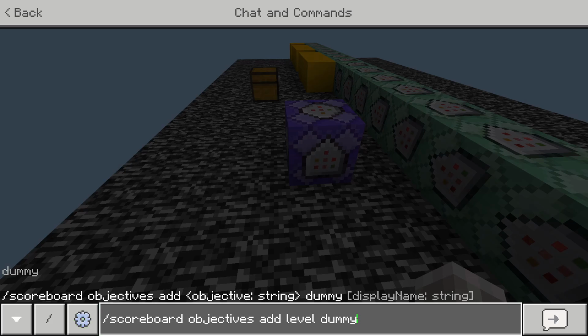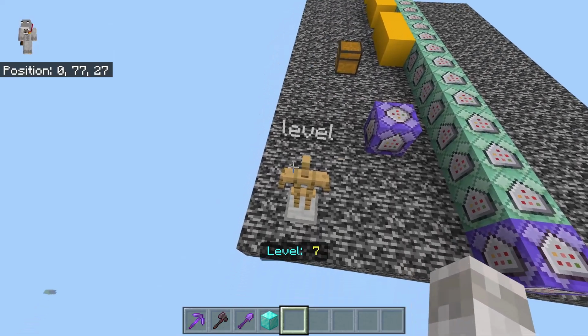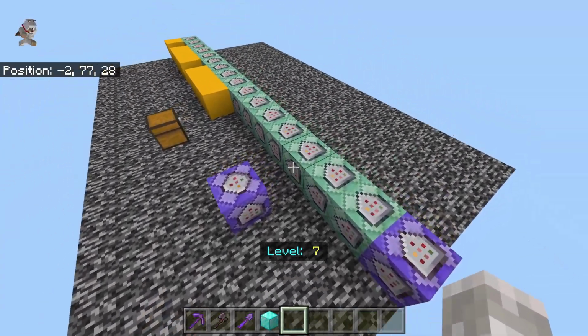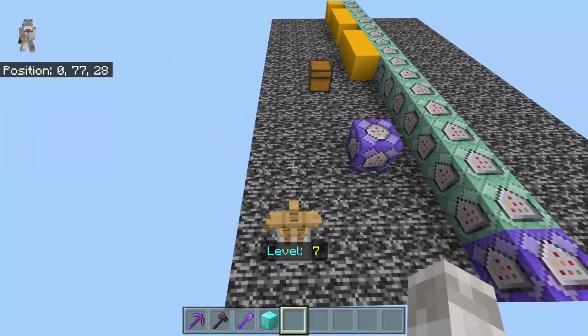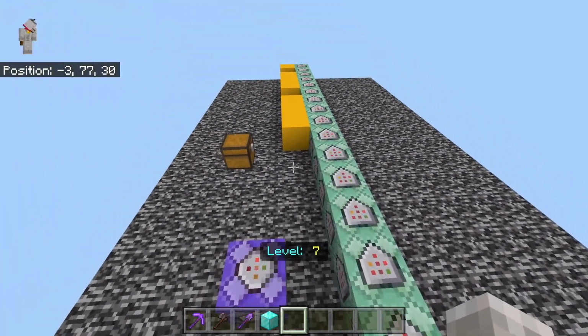To do this, type /scoreboard objectives add level dummy in chat. You then want to spawn yourself an armor stand, and I've named this level as well. You can use whatever name you want for the armor stand and also for the scoreboard. However, you will have to customize the commands if you do that. So I would recommend you use level for both of them so that it's the same as it is in this tutorial. If you do customize it though, then you need to change it in all of the command blocks